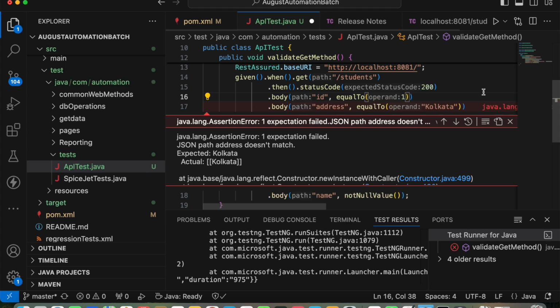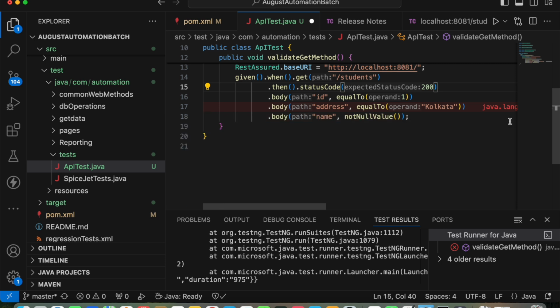It should be one. The status code is okay. The body path id equal to operand 1. Address is Kolkata and the name should be not null value. It is fine, but it is coming as